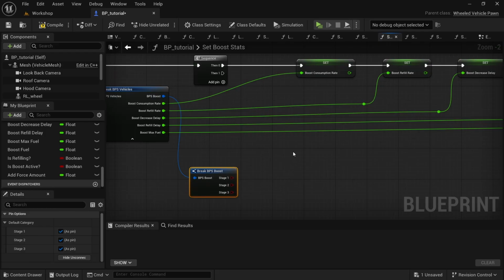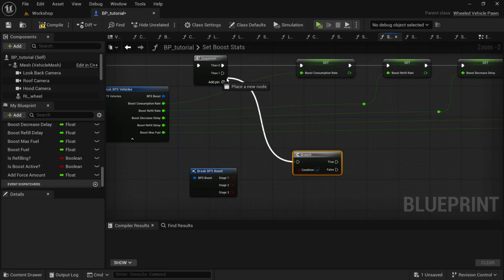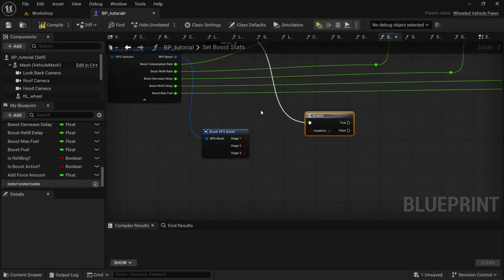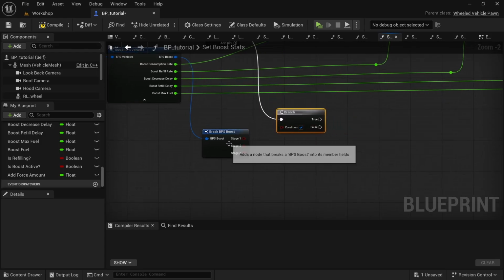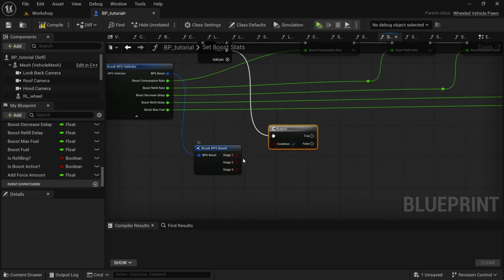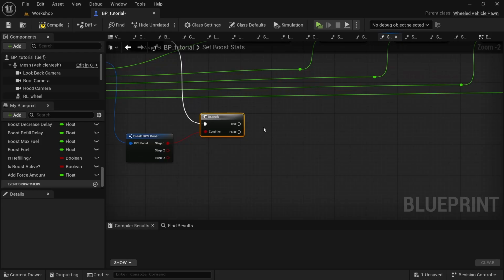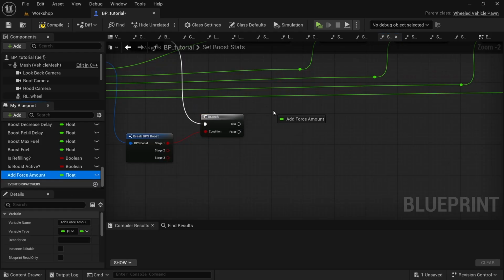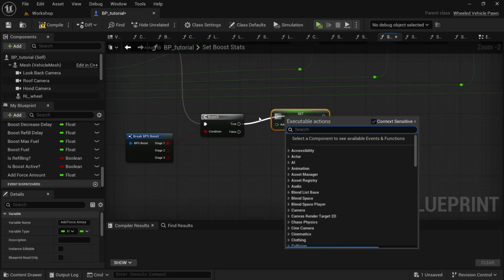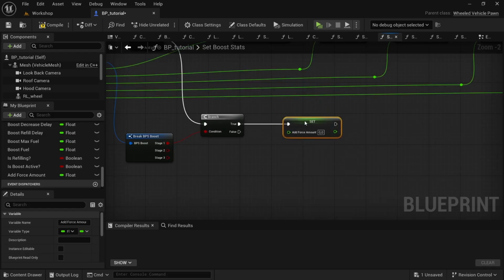So we're gonna hold B, left click, connect this to the then 1, and then we're gonna say that if the boost is currently on stage 1, connect that as a condition. Then we're gonna take the add force amount, hold Alt, drag this in, and then set a value to this. So for here, we're gonna set it to